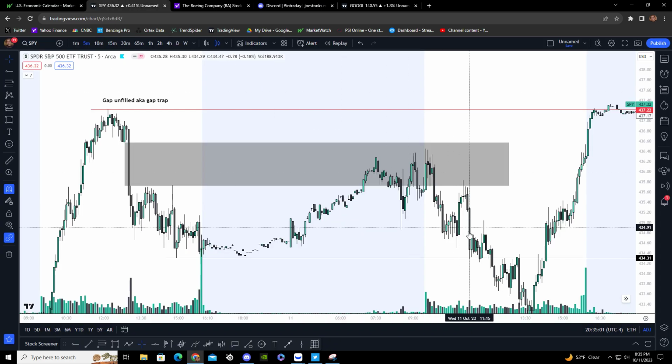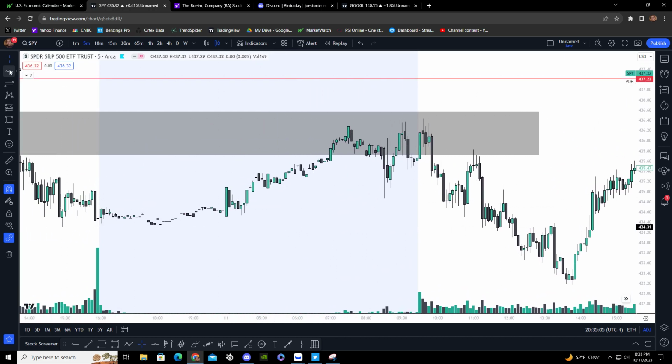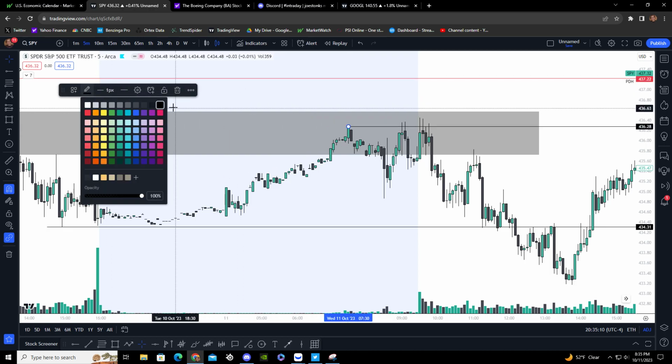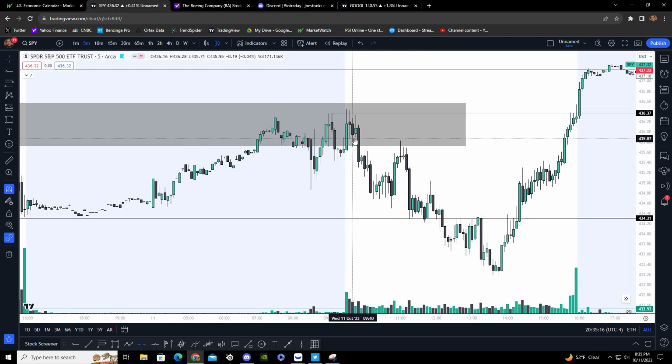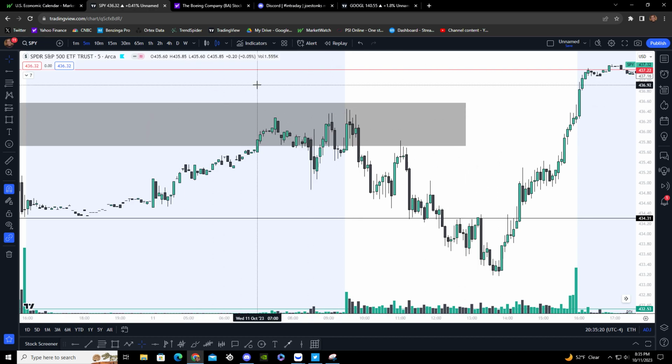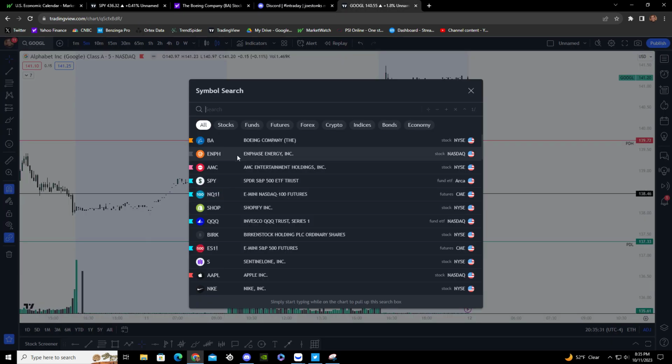So let's go back into the chart. We'll take a look at this and we'll see that we cannot really get a nice strong push over this resistance in pre-market, or this pre-market high. We kind of swept it and based underneath it. So that was really feeding my short bias. And keep in mind, guys, this pre-market plan was posted at 9:24 a.m. That's 6 minutes before market open. So I was already having some sort of a short bias, considering that we were getting this push